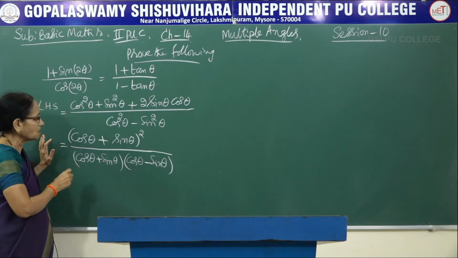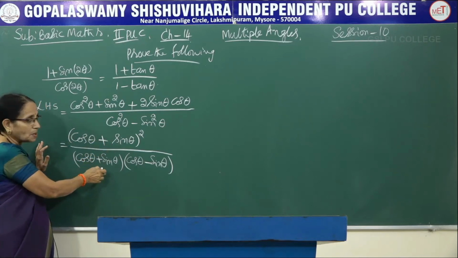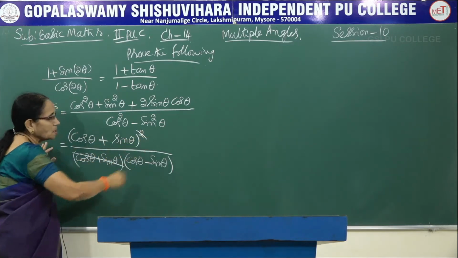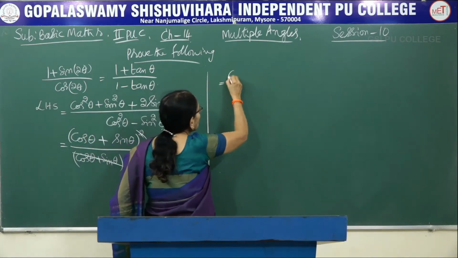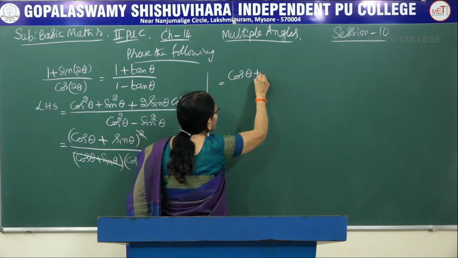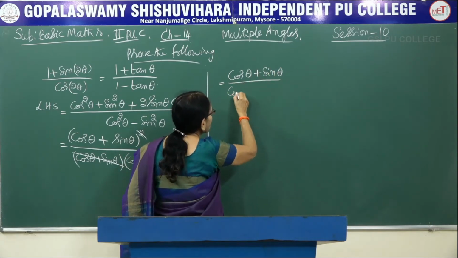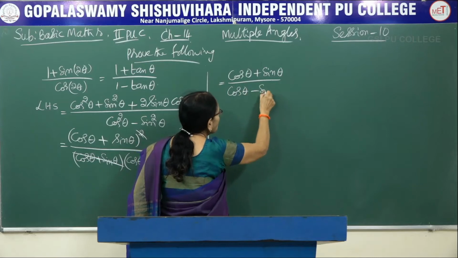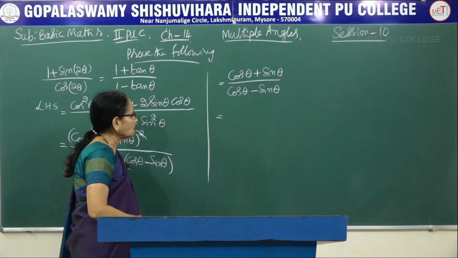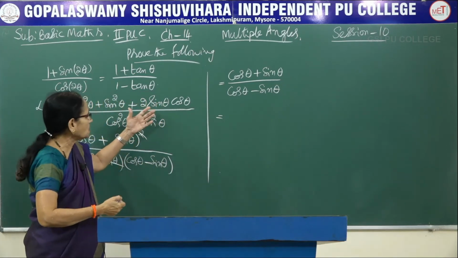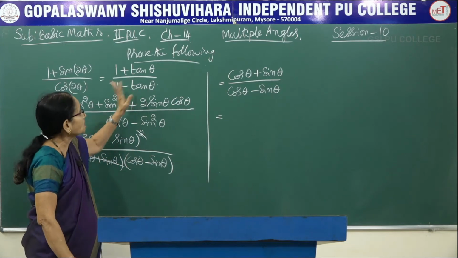Look at the numerator and denominator. Cos theta plus sin theta whole square and cos theta plus sin theta. So one term can be cancelled. Now let us see what is remaining. The numerator, another term is remaining, cos theta plus sin theta. Denominator, one term has been cancelled, the other term is remaining. So this is what we have got after the application of the multiple angle formula, identity and high school algebraic formula. Now look at the right hand side.